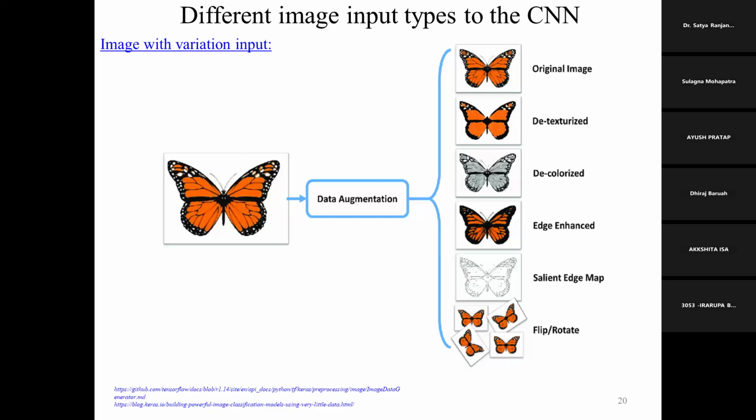But when I go for my ischemic and non-ischemic data classification, the data is very similar. At that time, I have to go for augmentation because the machine needs to see with different angles or different data augmentation whether it can differentiate the ischemic from the normal. If we don't use data augmentation, then I don't get good accuracy. So the first thing: if you have a very large data size and a variety of data, it's not just that you have one large data set but the variety is not there.